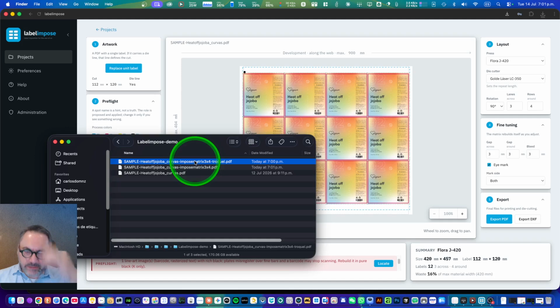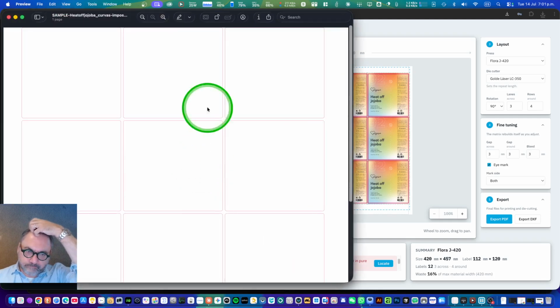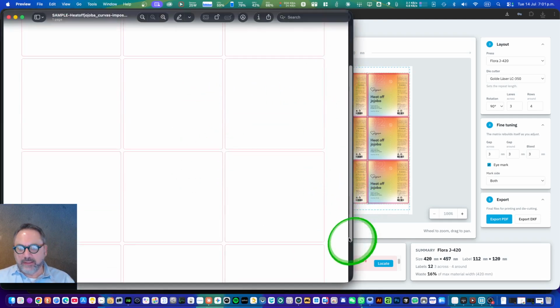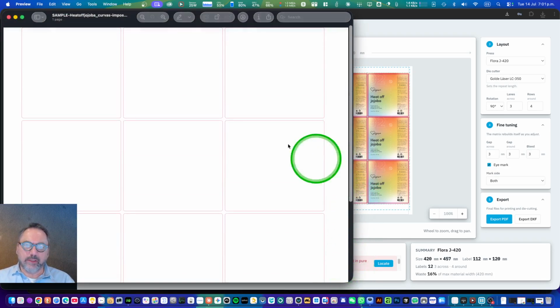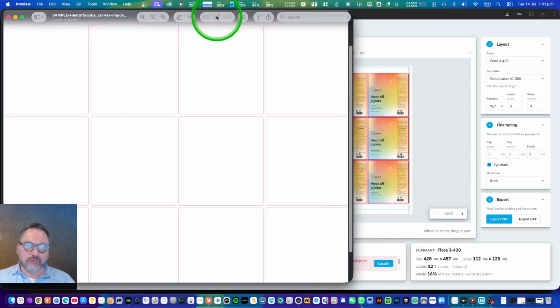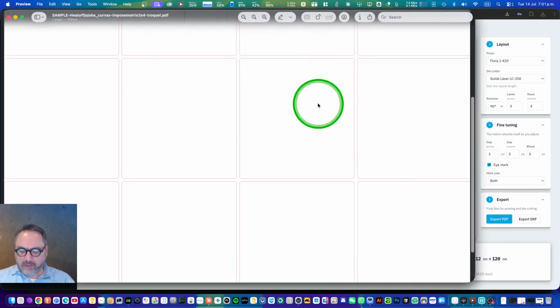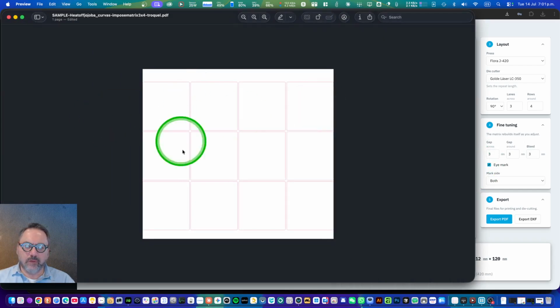Also, we exported the die line. In this case, it's a PDF. We recommend doing it as well because you can actually print some meters of only the die line on your digital press to adjust your die cutter instead of wasting ink. It is a recommendation we have followed for a long time.